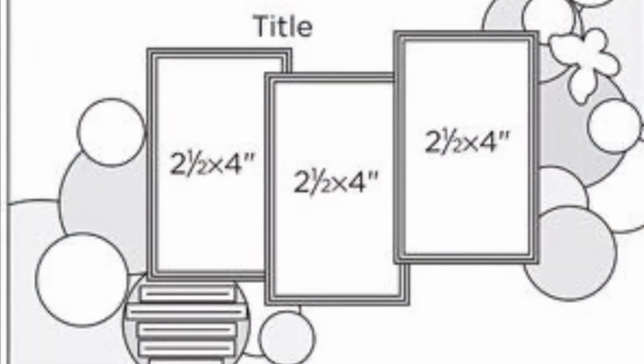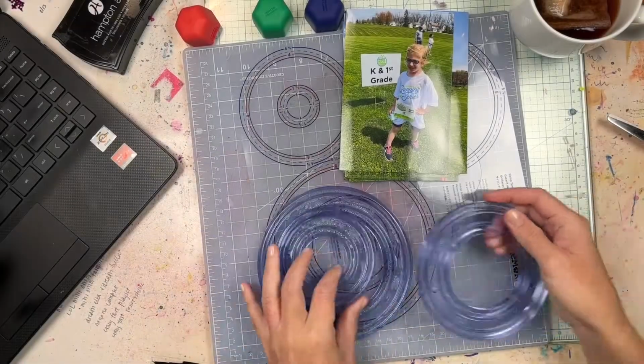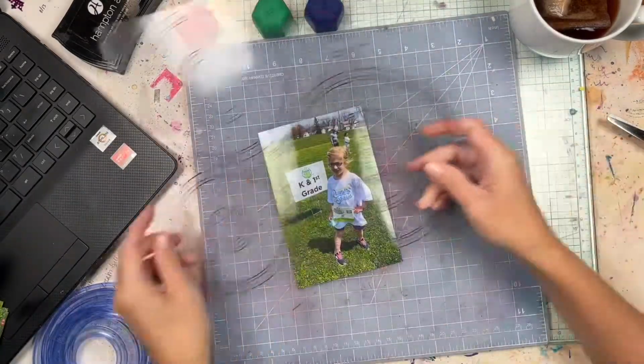I am doing another process video for the Off the Board challenge with pineapple papers. This is a monthly challenge, and here's what I'm using as my inspiration. This is a monthly challenge where we take something from our Pinterest boards and use it to inspire us